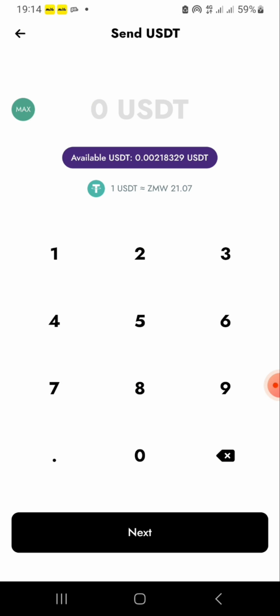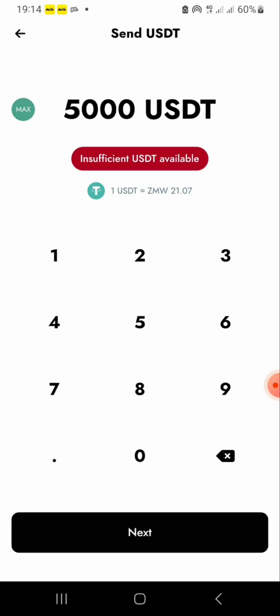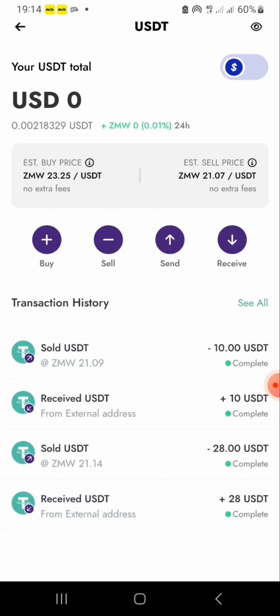So from here you're going to punch in the amount of US dollars that you have. Say you have 500 US dollars. Then you click next. When you go to next, it will take you to where you will have to paste in the wallet address you got from Poppo Live, and then you'll send. Okay, so now let's go to